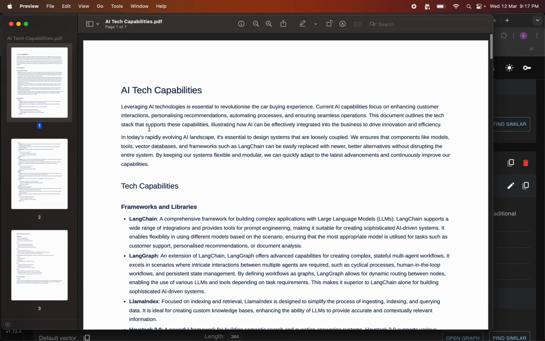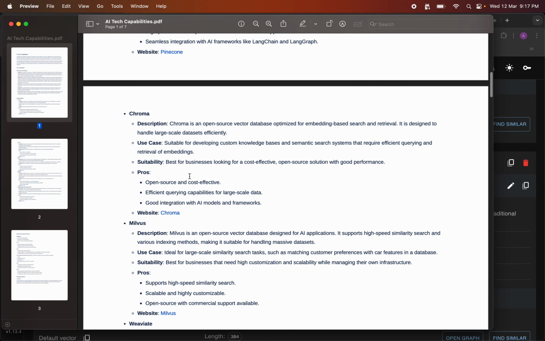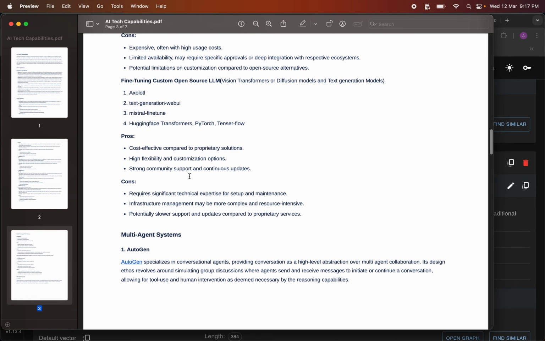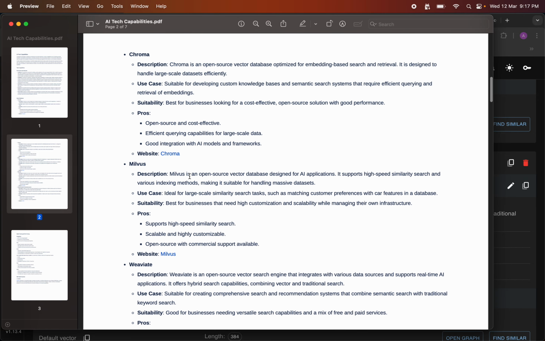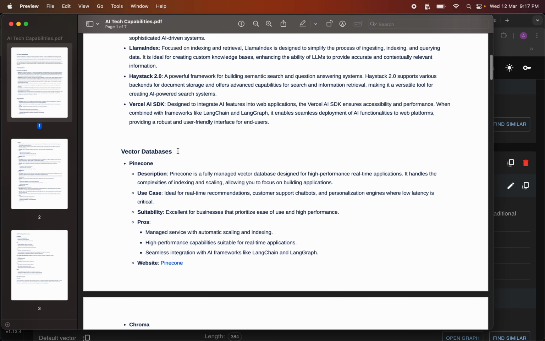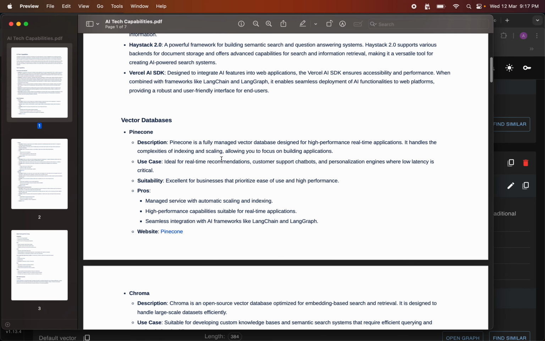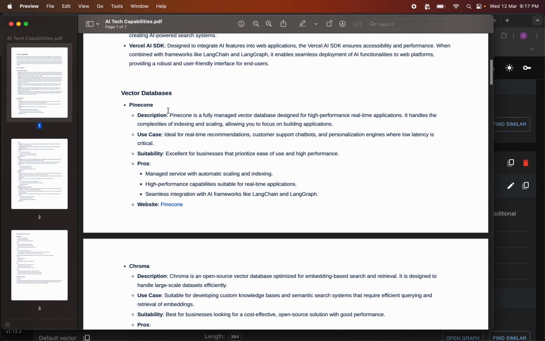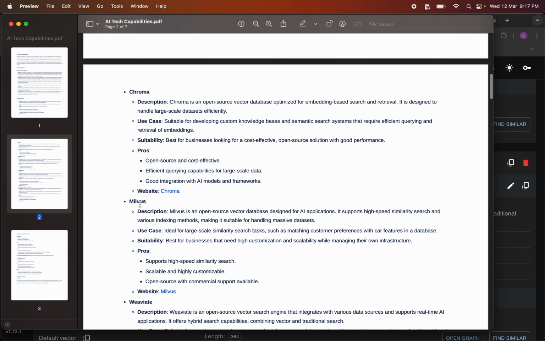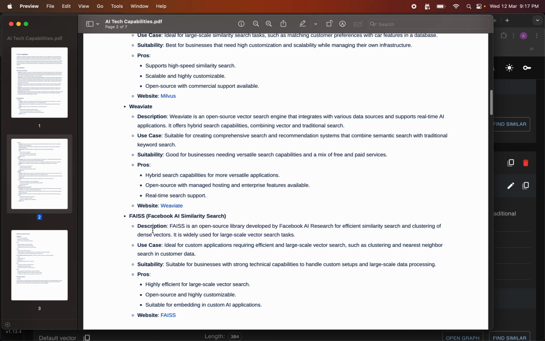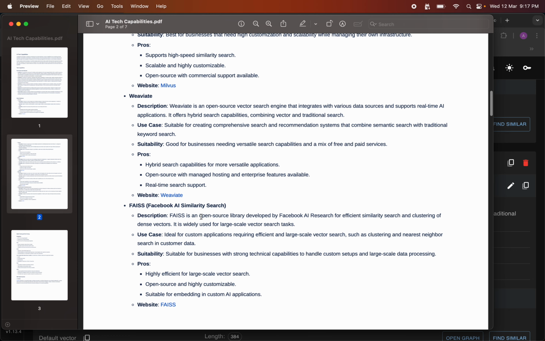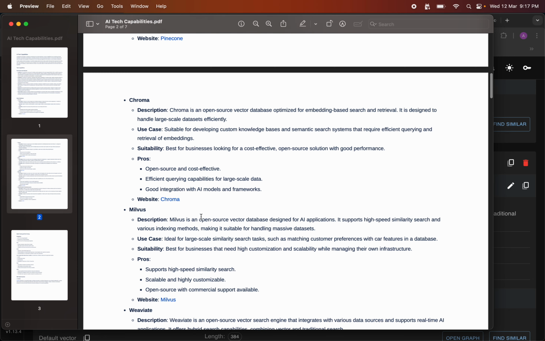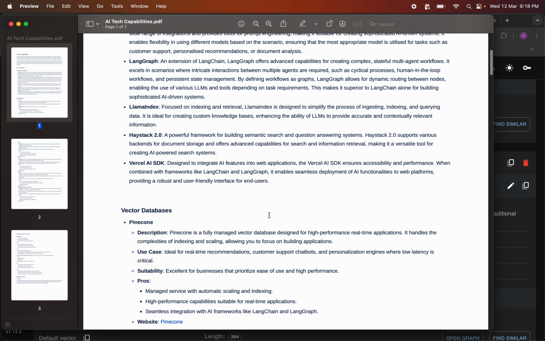basically, look at this document. When I want to get some information from this document, I may be looking for something like, what are the vector databases that are mentioned in this document? As we humans can notice, there is Pinecone, Chroma, Milvus, Weaviate, Faiss. So there are 5 vector databases mentioned here, and when we store it in a